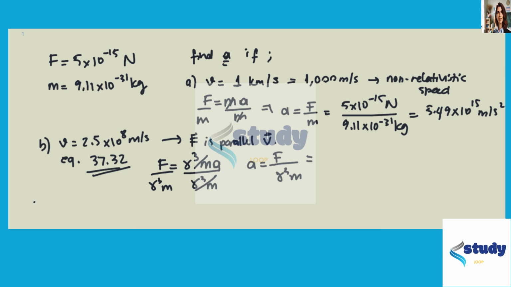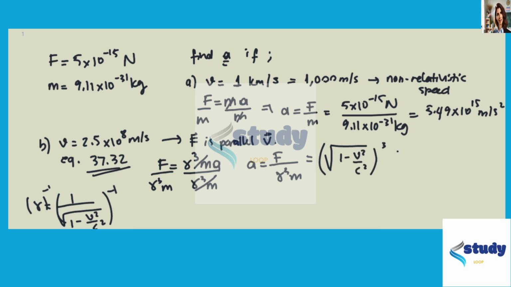So remember what gamma was. Gamma is 1 over the square root of 1 minus v squared over c squared. So if I take the inverse of it, since it's in the denominator, I'm going to flip this ratio on the right hand side. So what we're going to have is 1 minus v squared over c squared, cubed, times F